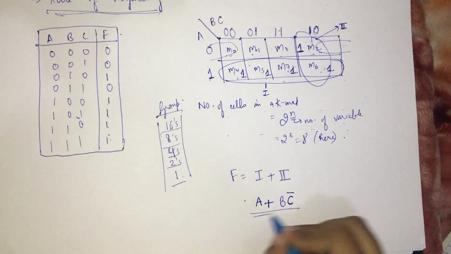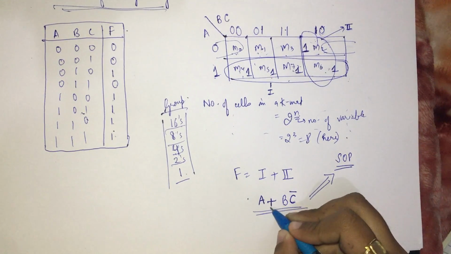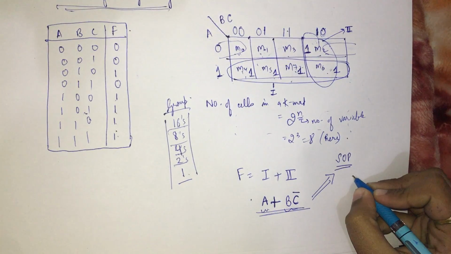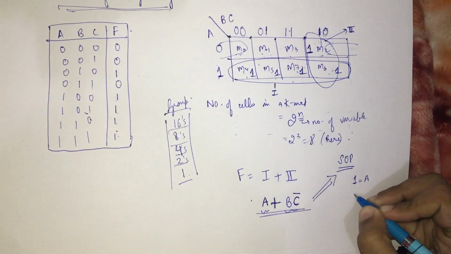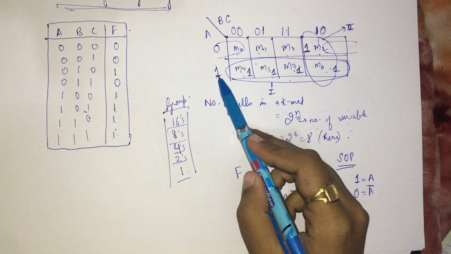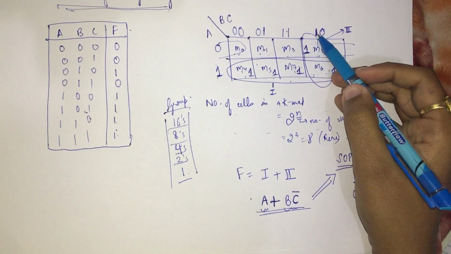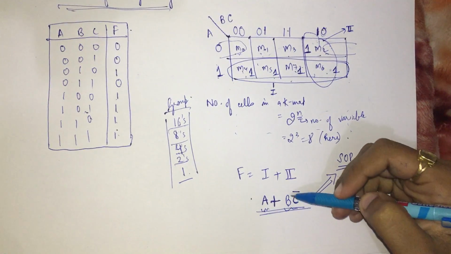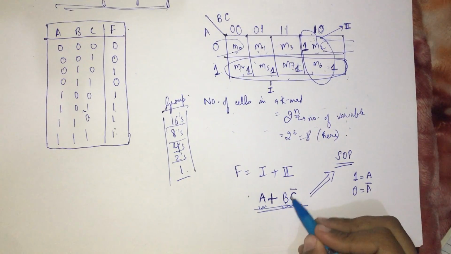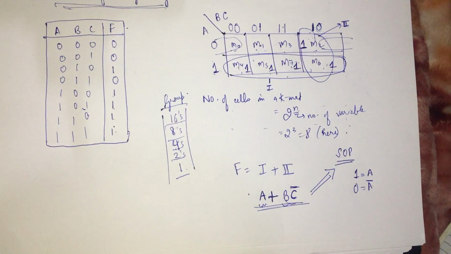That is, this is our SOP form, the sum of products form. This is the sum of the products. So in this, if I have 1, I will take it as A, and if I have 0, I will take it as A complement. That is, here, since A's value was 1, I took it as A, not the complement. Now here, B and C were not changing, so B's value is 1 and I take it normally, and C's value is 0, so I have taken it as a complement. You just have to remember this. So this is the final expression for the K map.